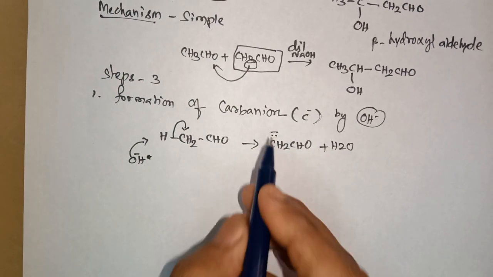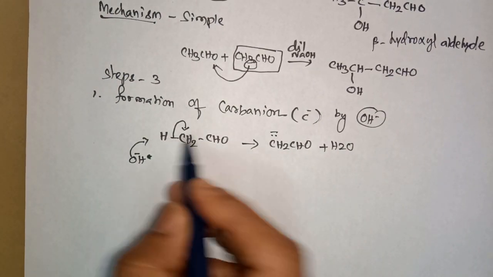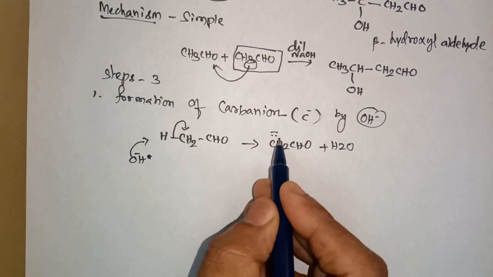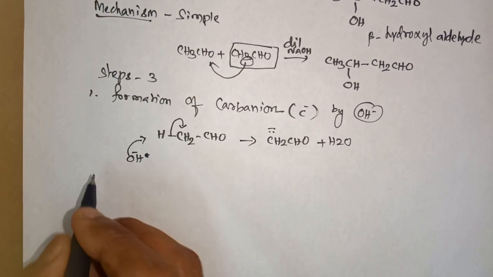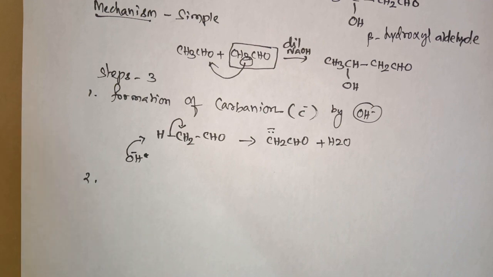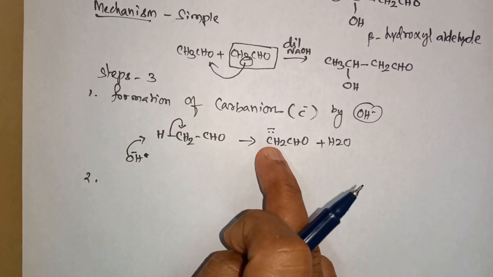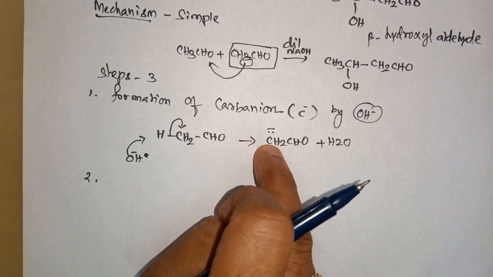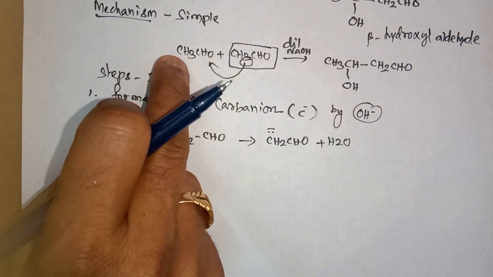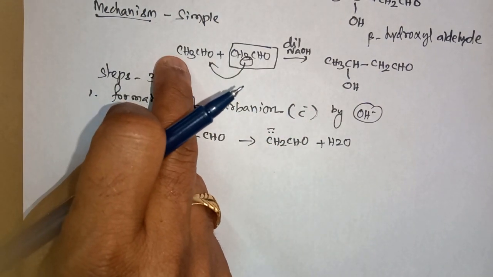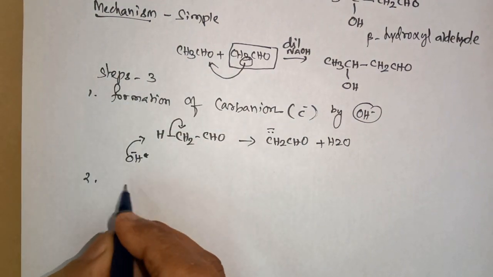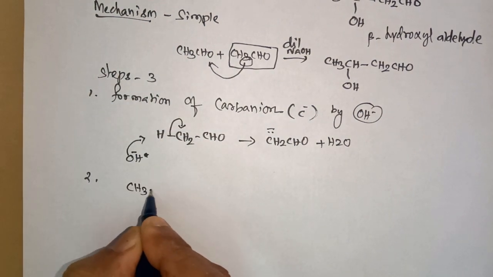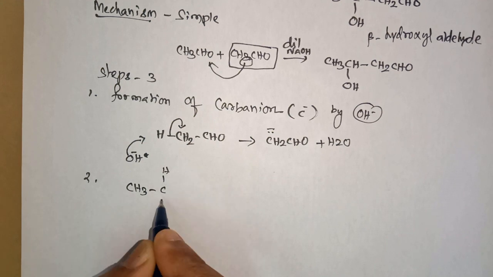Yes. These 2 electrons are present in the bond that comes out and remains on the carbon. So we have here a negative sign. In the second step of this chemical reaction, what happens? This formed carbanion is attacking another acetaldehyde molecule in the reactants. So this acetaldehyde, how I write here, means CH3 CH double bond O.